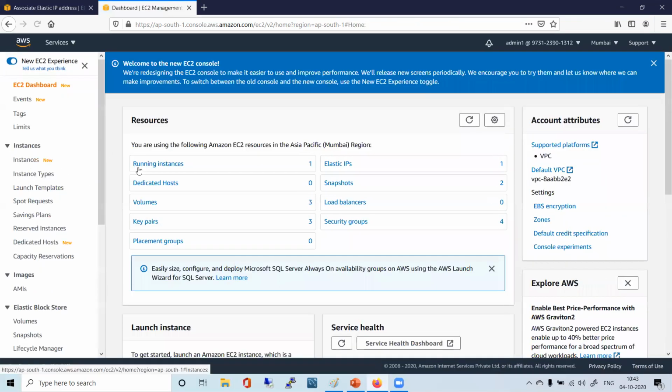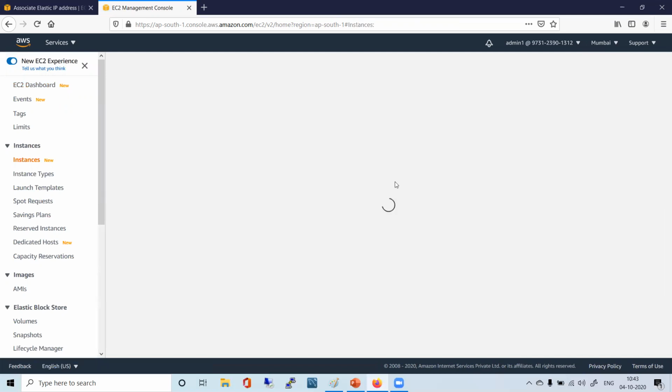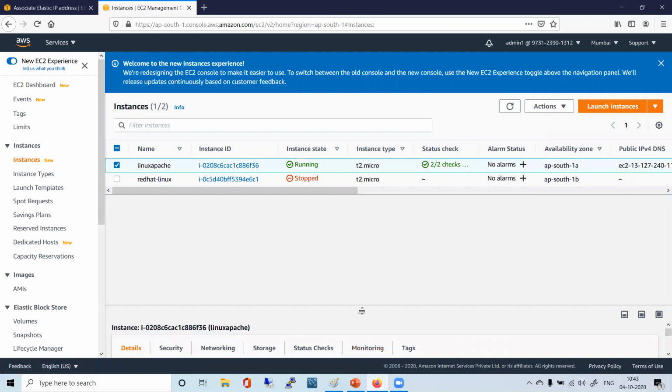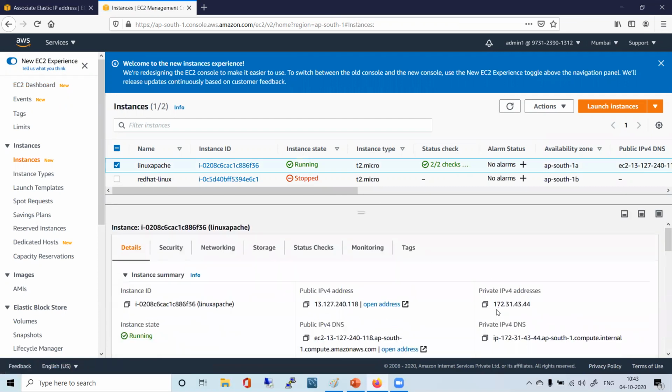So if you just take a look at running instances, here this Linux Apache is running as of now. Let me take that Linux Apache. So here you have one private 172.31.43.44 and there public 13.127.240.